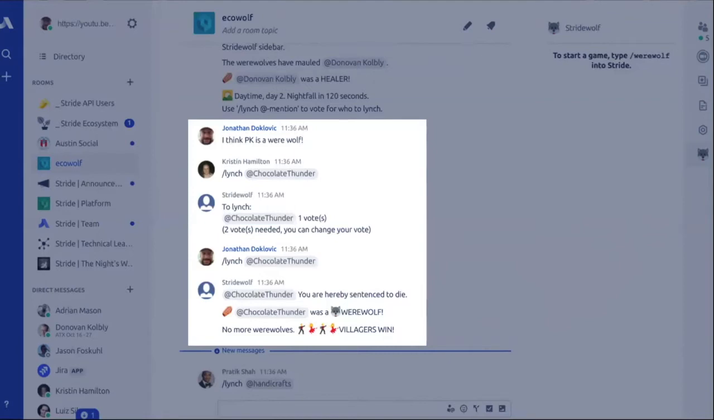So, let's see where I'm at here. We're not limited. I mean, this is fun, and it shows you how all the little bits can fit together, right? How you can use @mentions, webhook,